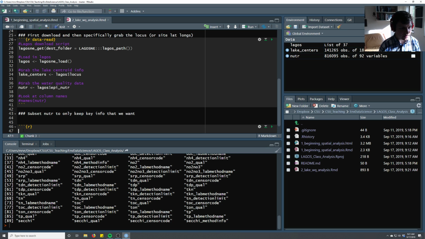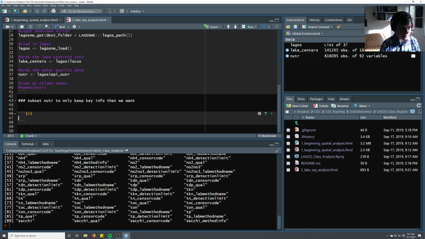So now, to subset that, I'm going to subset the columns. To be clear, I'm not subsetting data just yet. This will be an example where we use the select function. So we'll say